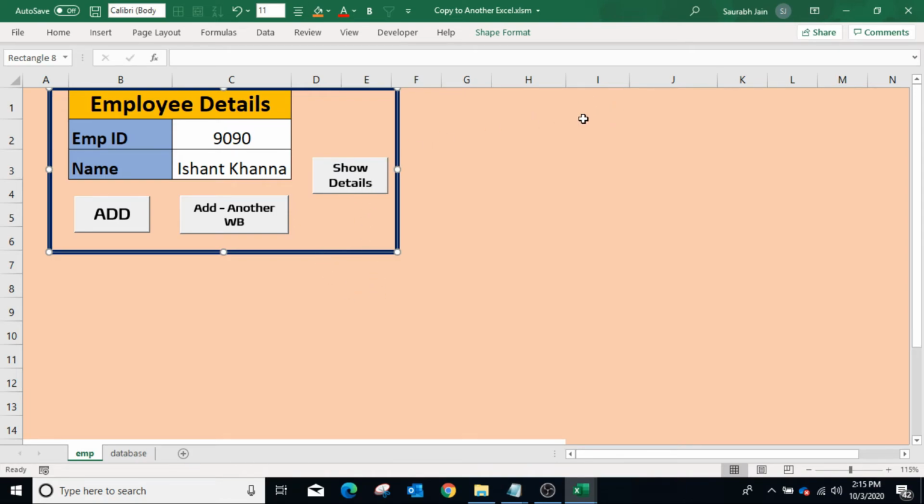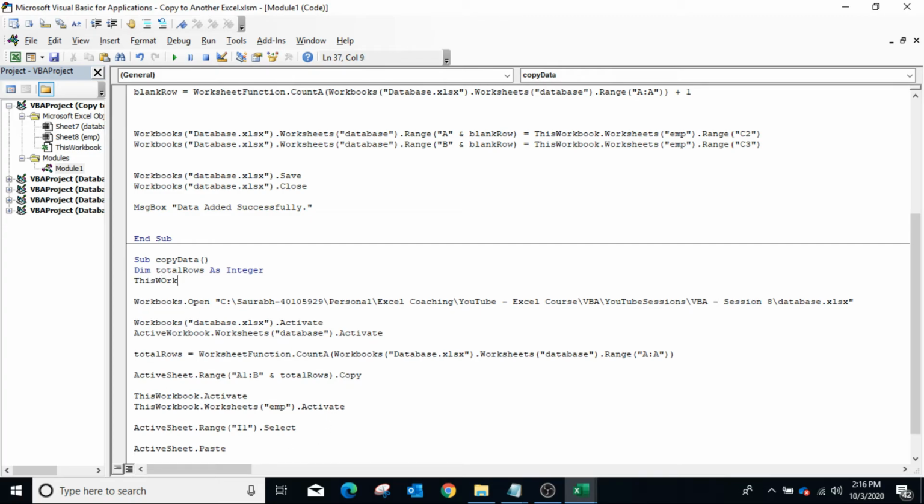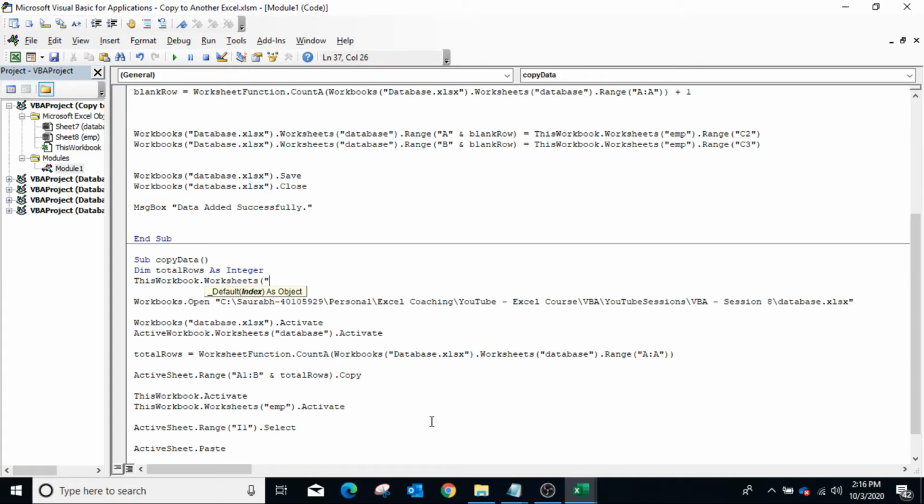Now before copying the data, to clear the contents available in column I and J so that it always shows the updated data, ThisWorkbook.Worksheets("emp"), emp is the sheet name, dot Range I colon J dot ClearContents.